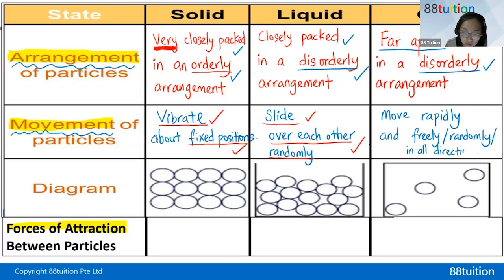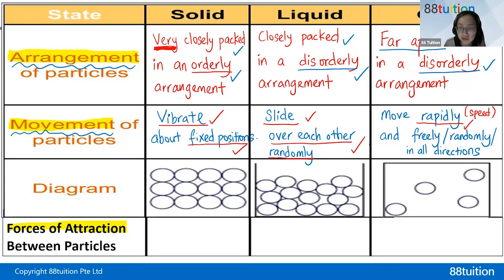So what the marker is looking out for is that you tell me the speed. Either you use quickly, rapidly, at high speed. I don't care what you use as long as you tell me the speed. So for particles in a gas, the speed is very high, rapidly, quickly. Then you must tell me the particles in the gas don't all move upwards only. They can move up, down, left, right.